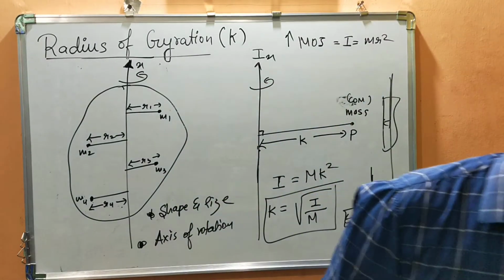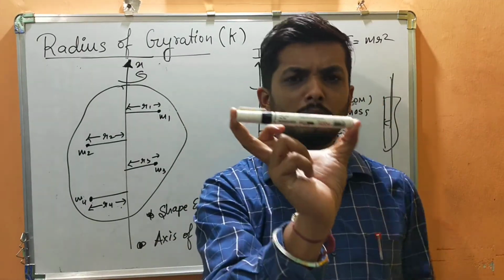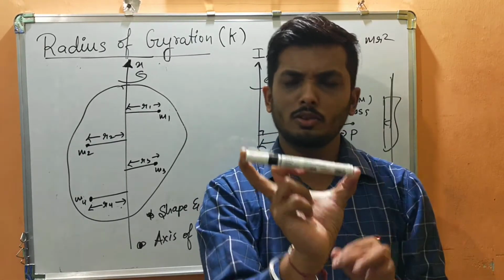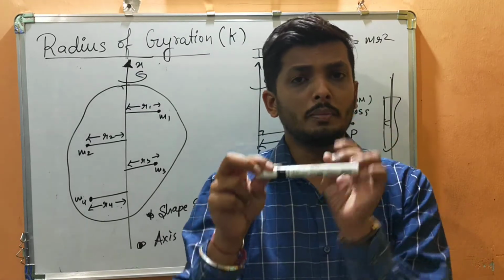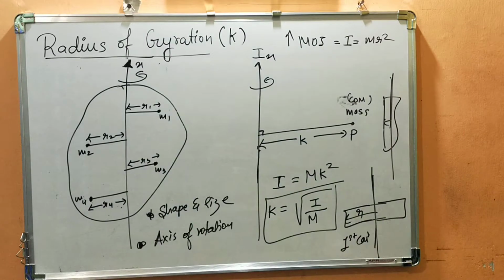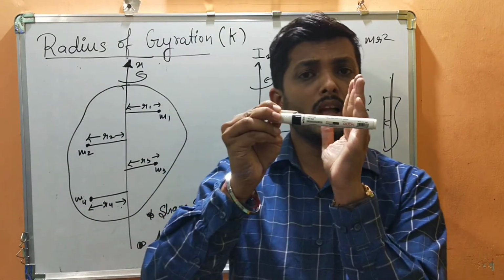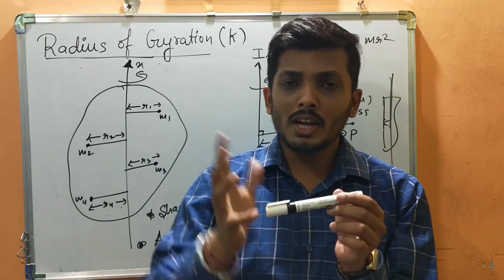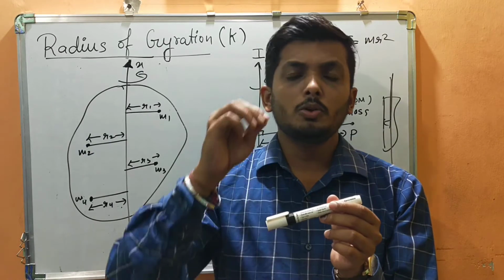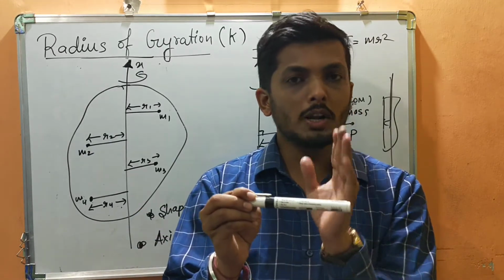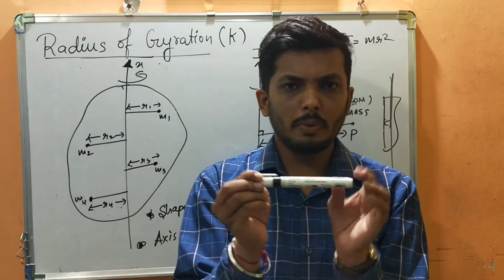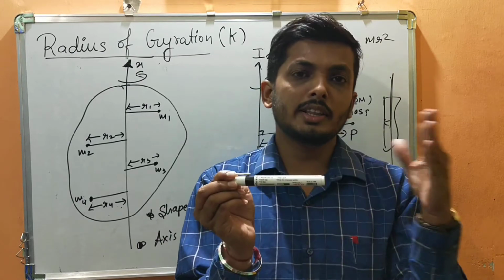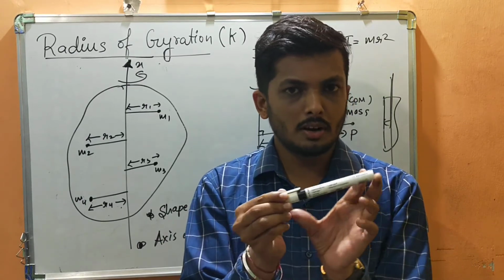But randomly any marker is given to you, and I just tell you that the moment of inertia of this marker is greater. It is on the greater side. Now, on what basis are you telling that the moment of inertia of this marker is greater? There are two cases. Either the mass will be more or r will be more. So sometimes moment of inertia is confusing. You cannot tell 100% on what basis moment of inertia is large, because there are two things which are totally unknown, either the mass or the r. Are you understanding?